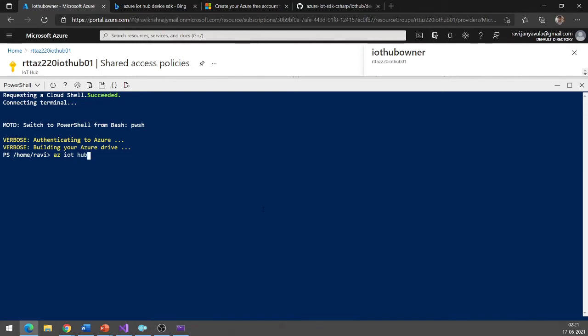To monitor the events and the messages which are coming in, you use this monitor command: monitor-events -n. You need to basically copy this IoT hub name.